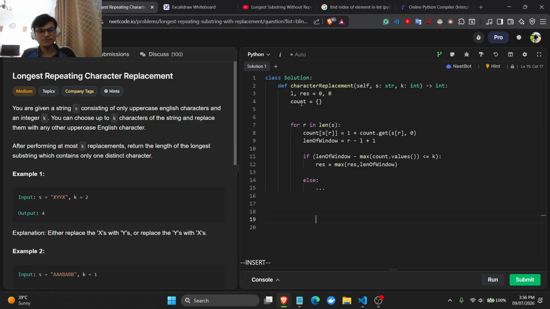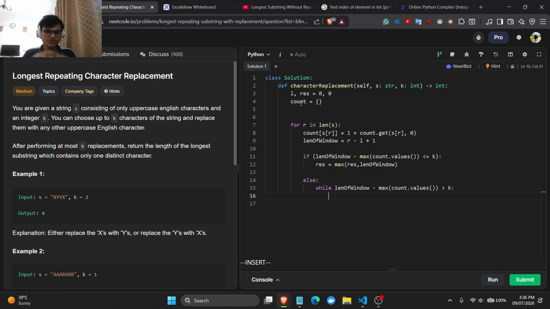And so for that I have to keep incrementing until this becomes a valid window. So we'll say while length of window minus max of count dot values is greater than k, right? While this thing is true,